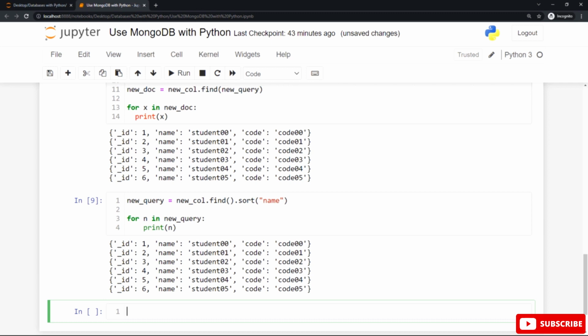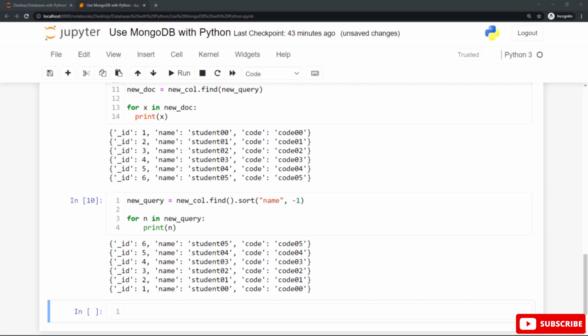You can do that by placing another argument for the sort method, and this argument will be -1 to sort all the results in descending order instead of ascending order. Type -1 as a second argument here and hit shift enter again. Now you can see the results are sorted in descending order by name.